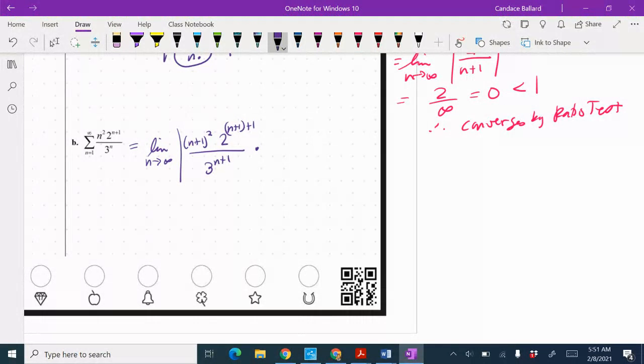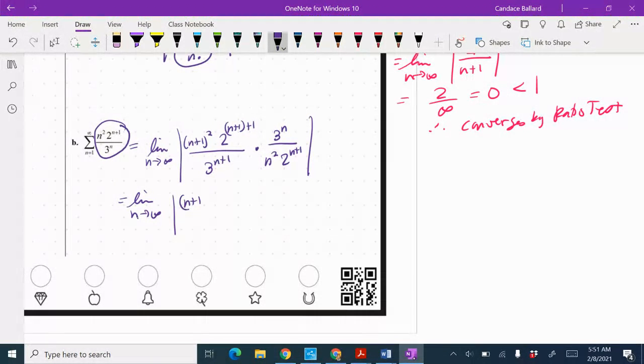And then I'm going to multiply by the reciprocal of the original. So 3 to the n over n squared times 2 to the n plus 1. So I am going to separate that a little bit. So the limit as n approaches infinity of